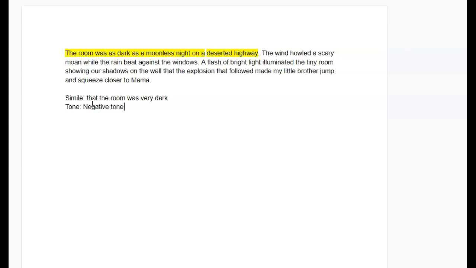Okay. And so therefore, our figurative language, or the simile, still misspelled it, the figurative language or the simile brings out a negative tone because the room was very dark. And if you read the rest of it, the wind howled a scary moan while the rain